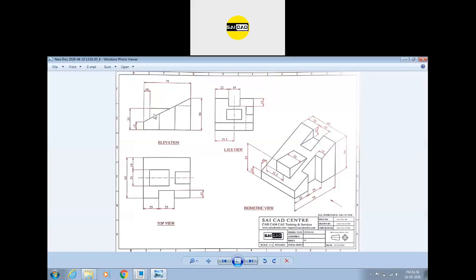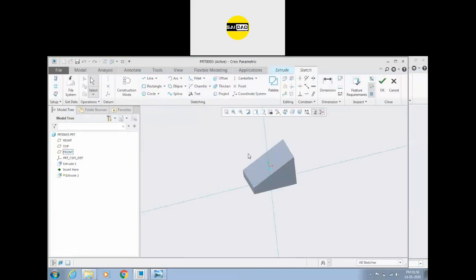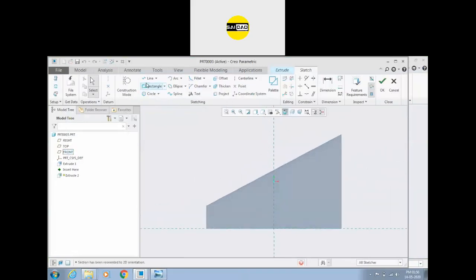So in the front plane you can see that there is a triangle. Okay, so this triangle is at the 10 and its height is 31. So we can create it on the front plane. Create an extrude at the front plane. So now you can just create a line like this and this line.